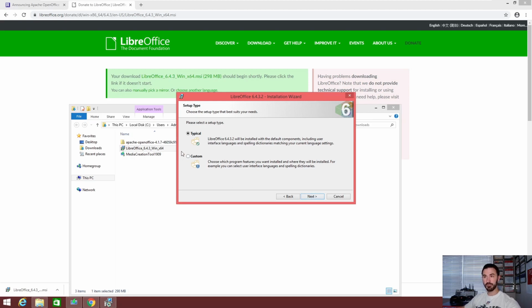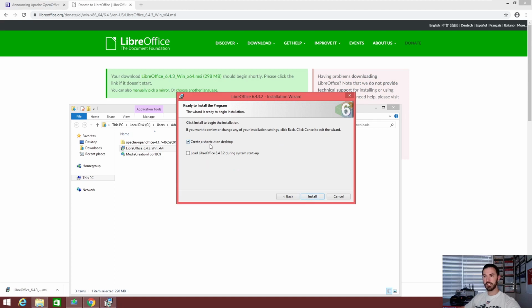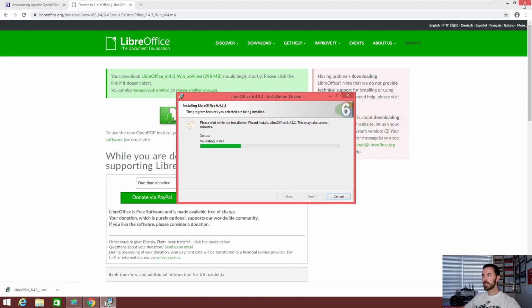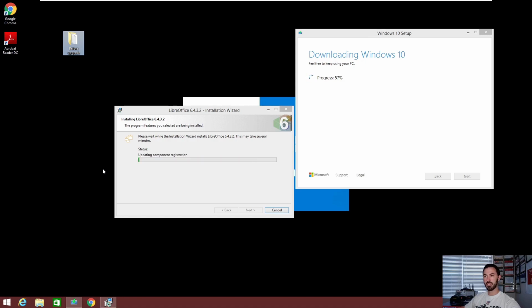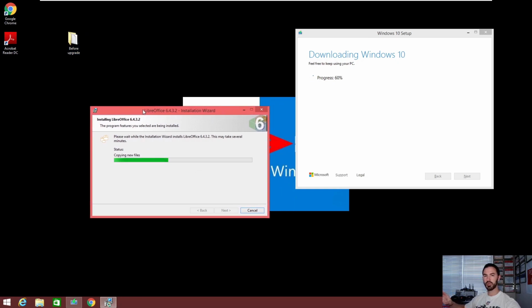If you don't have Office, you can just download LibreOffice, double click it. I'm going to do typical. I want it to create a shortcut on my desktop. That's fine. X out of here. So let's let this do its thing. It's going to create a shortcut on my desktop with the necessary files for LibreOffice. Now it's doing the updating, etc. And this whole process, not installing the applications, but the whole process of upgrading to Windows 10,